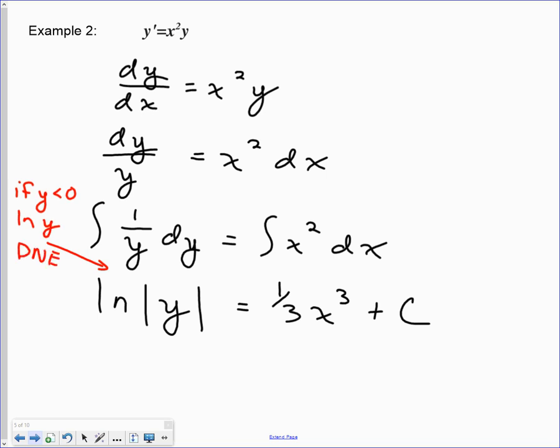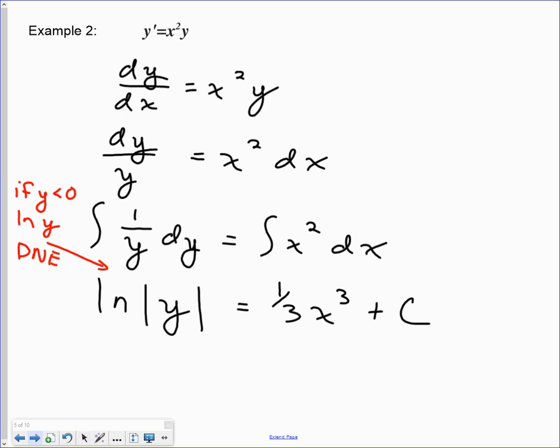Okay? So if y is less than 0, it doesn't make a difference if we've got 1 over y, but it does make a difference for the ln function. So we kind of solve this by taking the absolute value of it to make sure that the argument of that ln function is always positive. Okay? And we can deal with the consequences of this absolute value a little bit later when we're